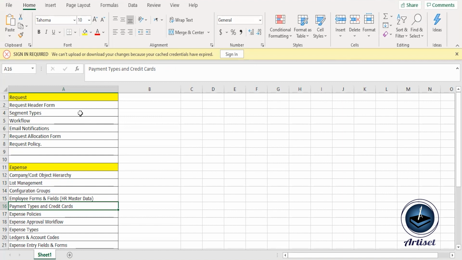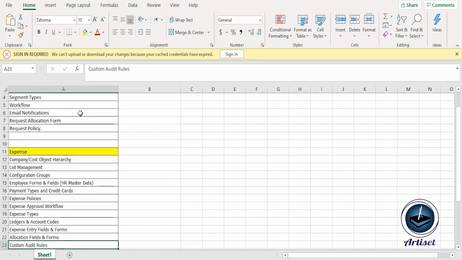And IBIP is individual billed and individual paid. So we can configure all these types of payment types. Next is policies. Policies is something similar to request policy. It holds the expense approval workflow, the expense types, the expense entry forms and fields, allocation forms and fields, and